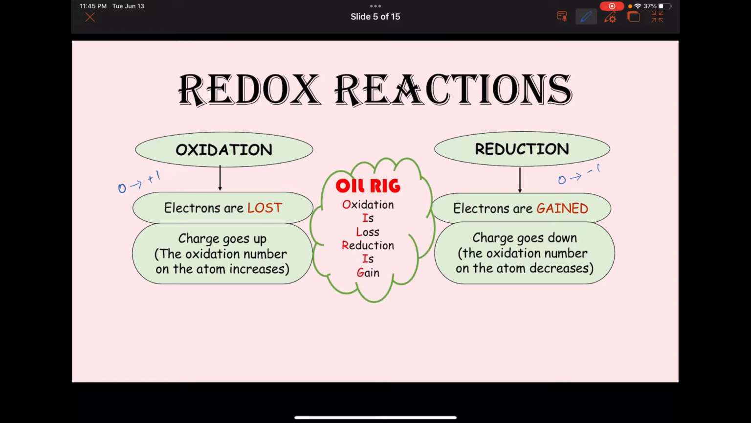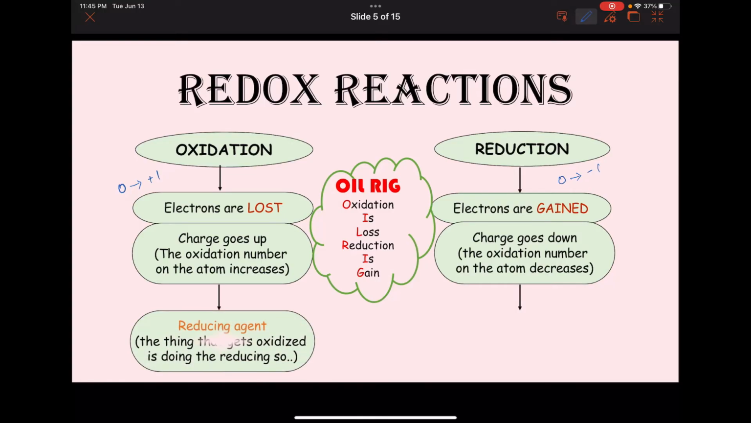A quick way for us to remember: in oxidation, electrons are lost. In reduction, electrons are gained. We talked about this acronym in class, OIL RIG. That means oxidation is loss, reduction is gain. Please do not forget. So, whichever species is oxidized is also called the reducing agent, because